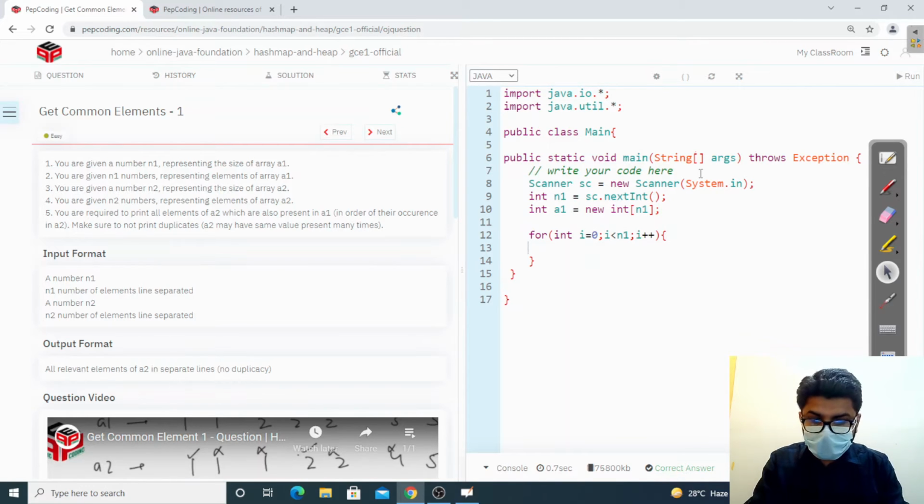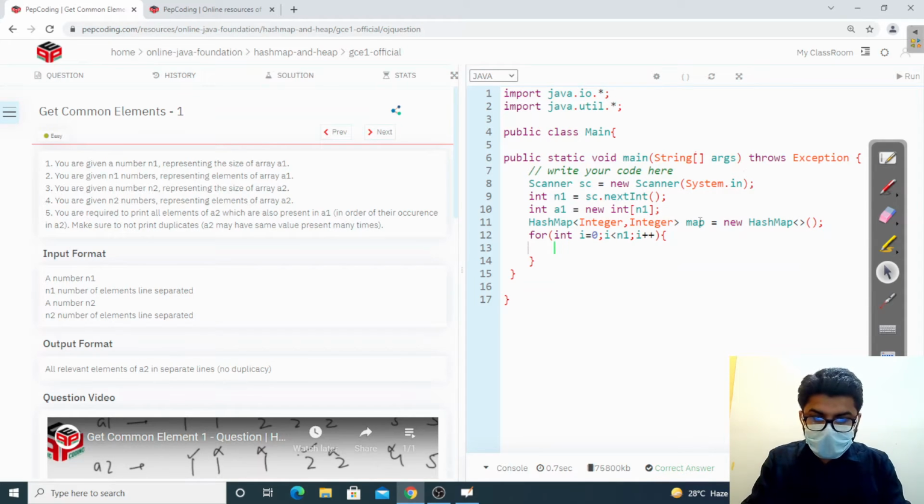A HashMap of Integer, Integer, since all the values in the array are integers, the key is also an integer and the values are also integers, because obviously frequencies are integers.